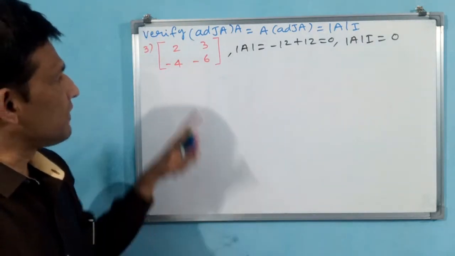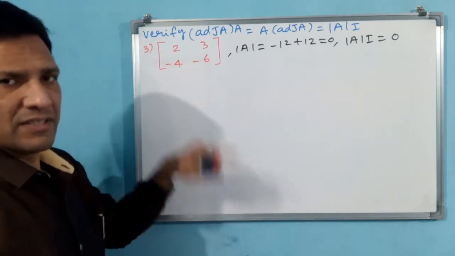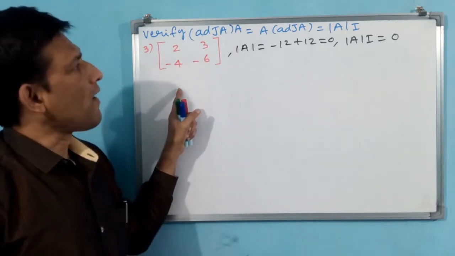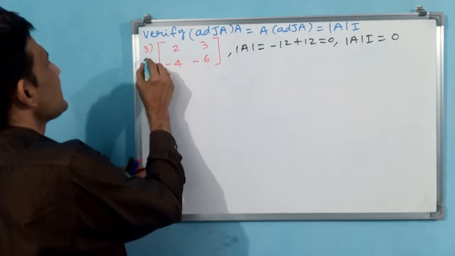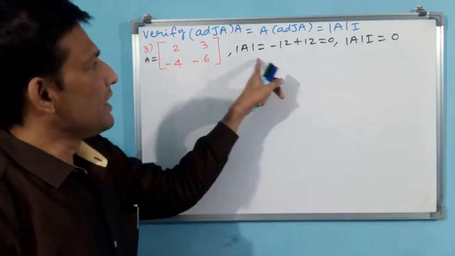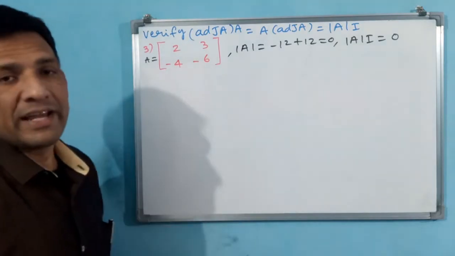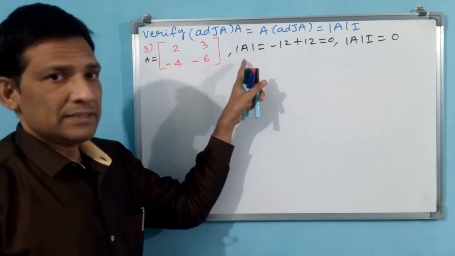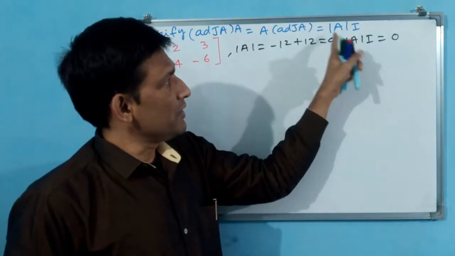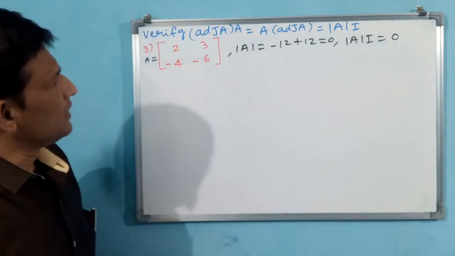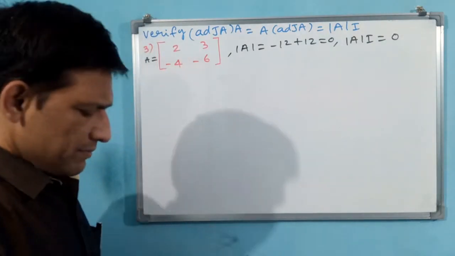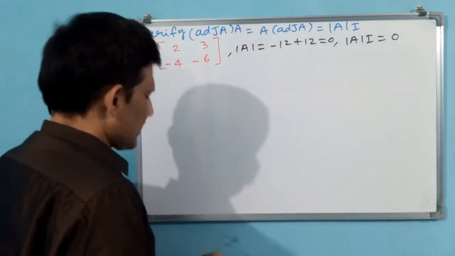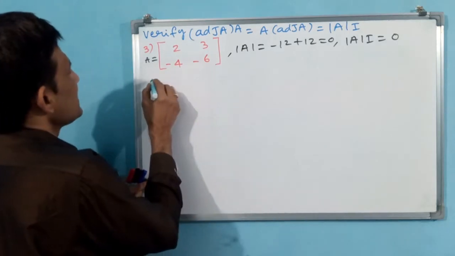That means now you find the adjoint. Finding the adjoint for 2 by 2 is very easy. Simply reverse and put minus symbols. First, before that, you have to take this as A. Let A be as you have written. Why? Because determinant A you are writing means this is A. We have considered it as A and found determinant A to be 0. That means determinant A into I has become 0. Now find adjoint A. Why? Because this also should become equal to 0. Then only our process is correct. Let us do adjoint A. You find it first.